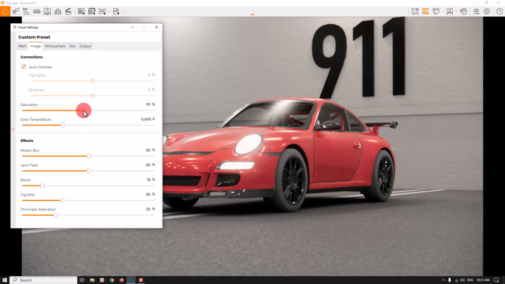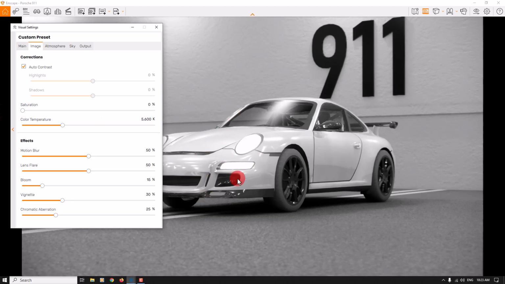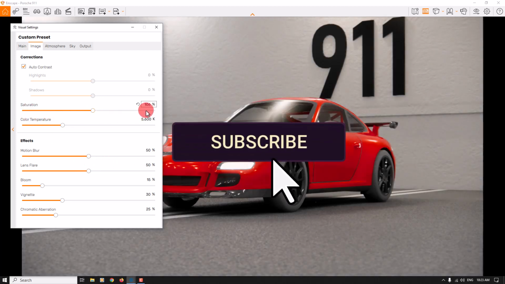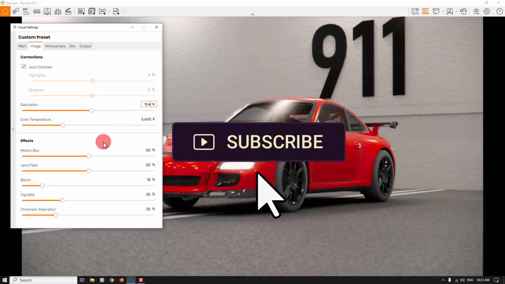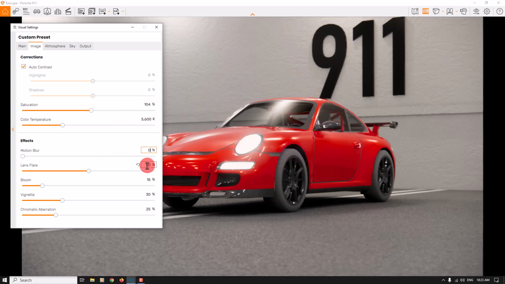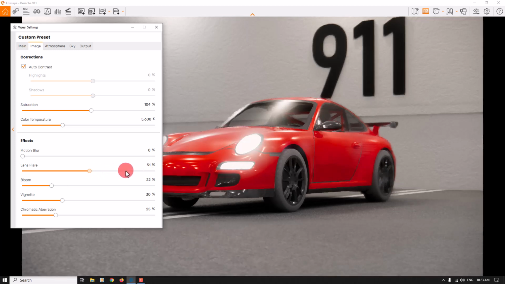And if I decrease the saturation, as you can see, we will have some type of artistic black and white render. So I increase the saturation a little bit, about 104%. Motion is 0. Lens flare is really important, but how can I activate it in this render? When I increase the bloom option, you can see some type of faded mists around your lights. So I'm going to type some number about 22%, and when I increase the lens flare a little bit, I